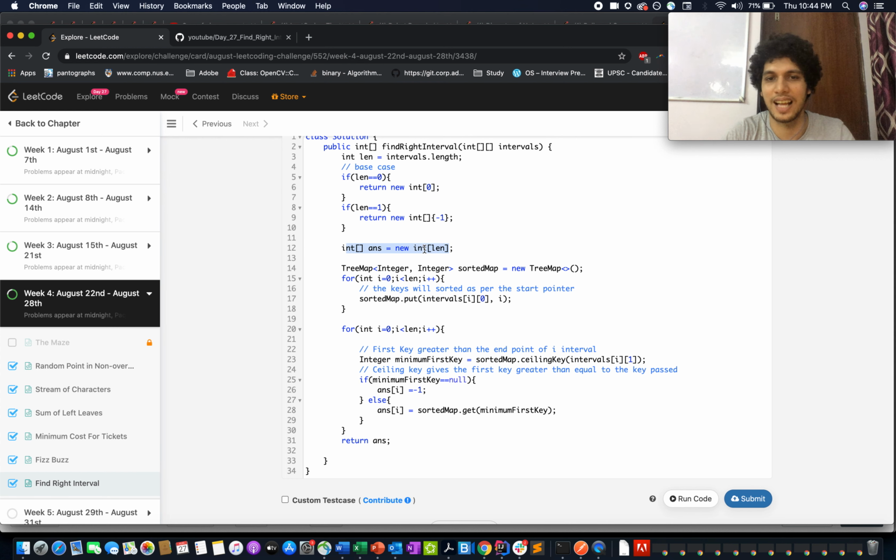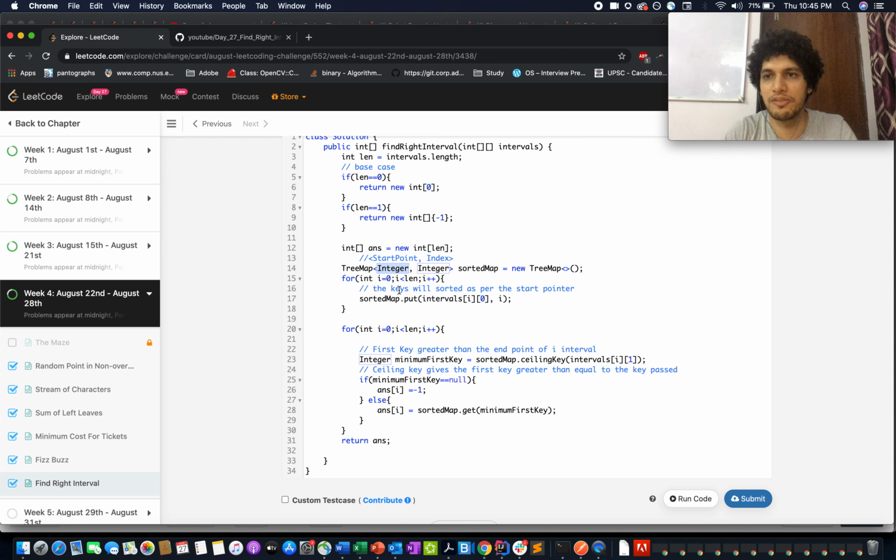Otherwise, I initialize my answer array to length n, and I define a tree map to store all the elements in a sorted fashion in terms of their start points. So this is something like my start point, comma, the index at which it occurred. It's a key-value map which gives me these two pieces of information, the start point and the index at which it occurred in the input array.